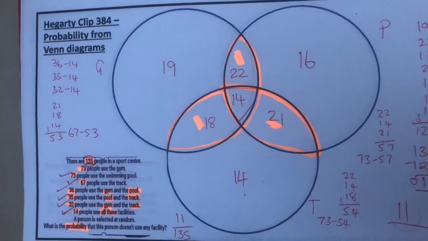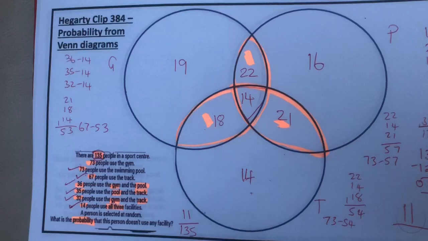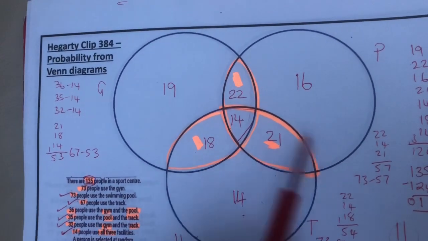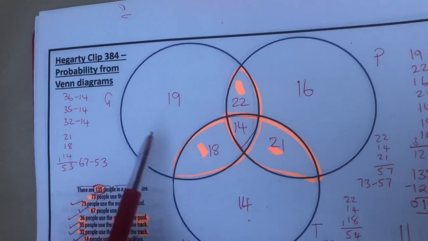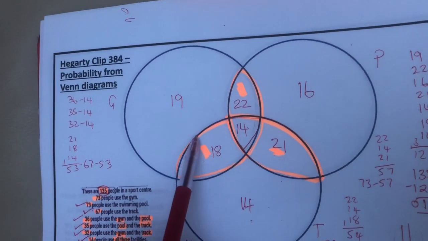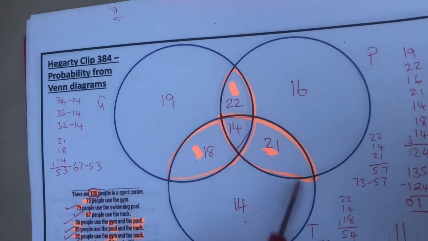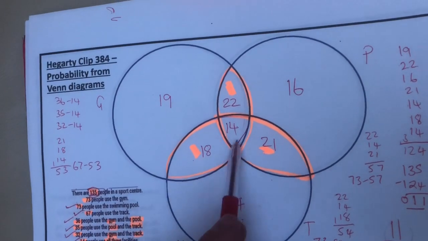The only way this gets more difficult is if you've got a given that question. So for example, if it says, given that they use the track, what's the probability that they also use the gym? So this time the denominator of the fraction for the probability will be the total of anything that's in the track, which we know is 67. So you do 18 plus 14